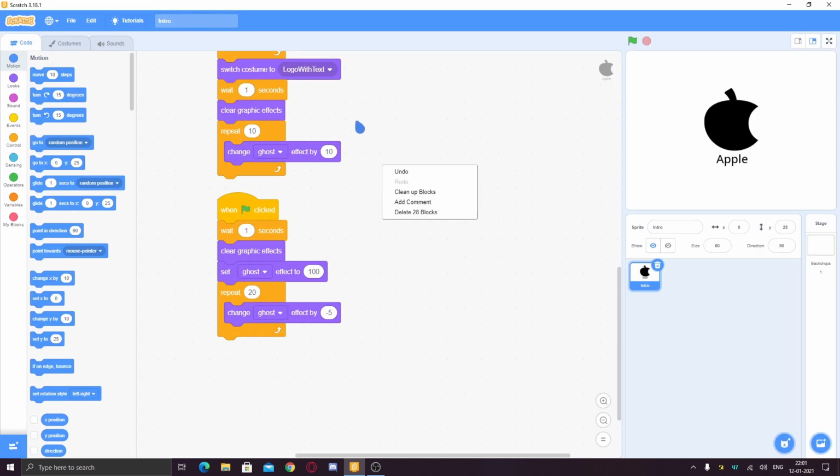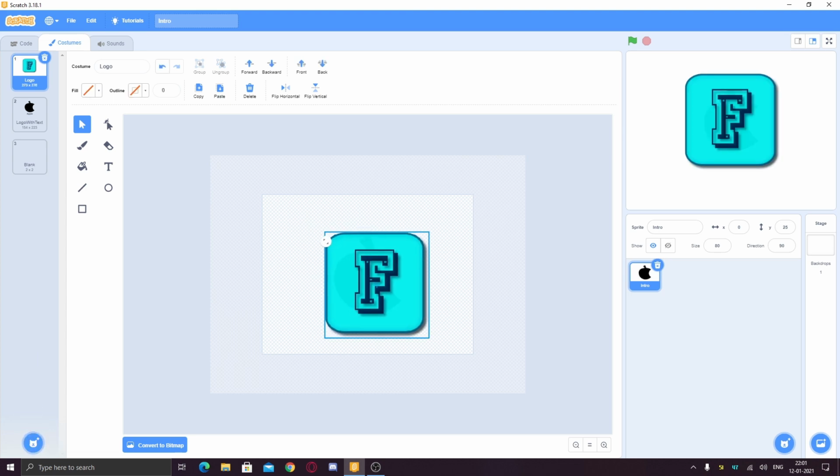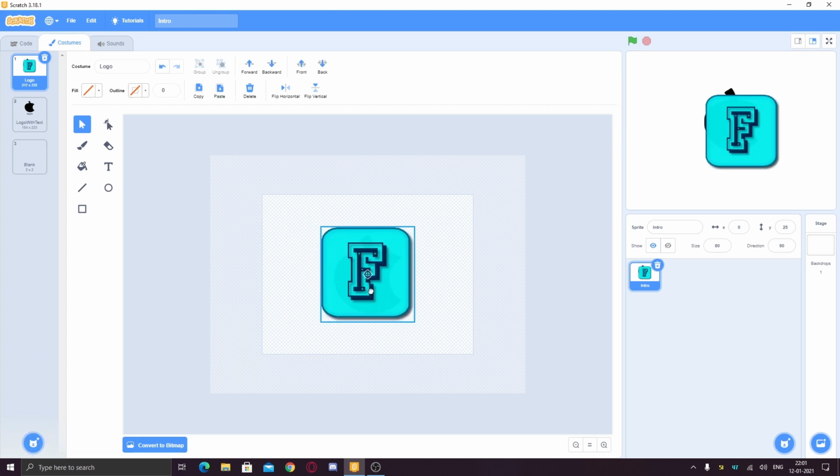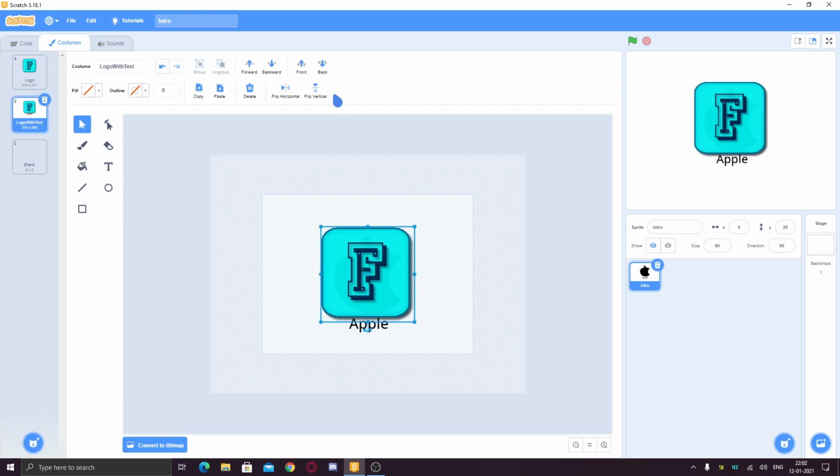So it's a pretty basic one. If you wanna put your own things, you just need to put your logo. So you have my logo. This is a sample logo, you can say. I will delete the Apple one. And then you just need to copy and paste it in the position and delete the old Apple logo. Then instead of Apple, you can put anything here, like my name is Panjo there.